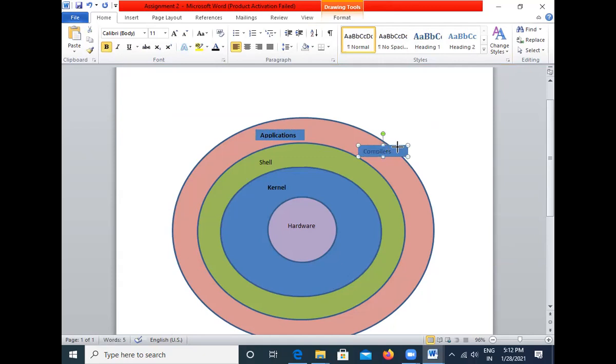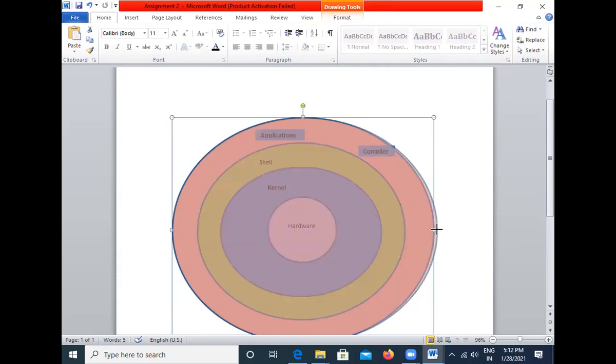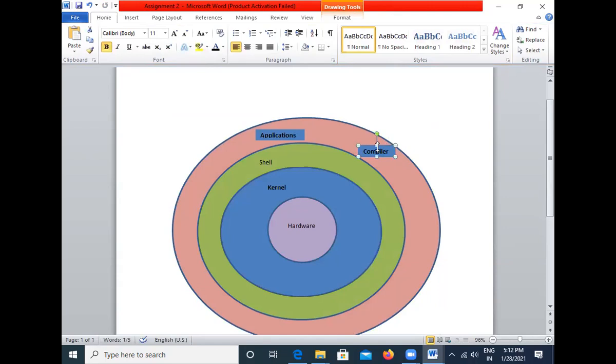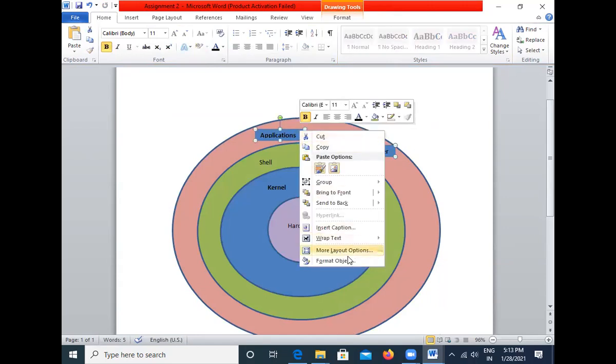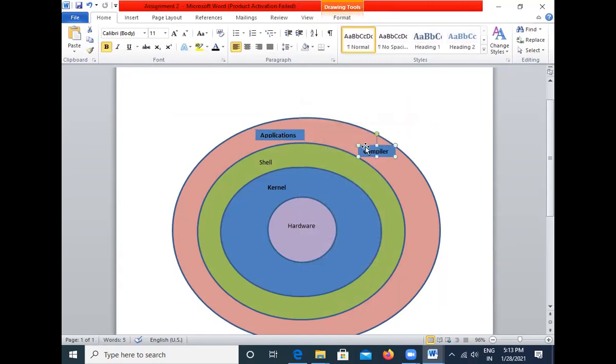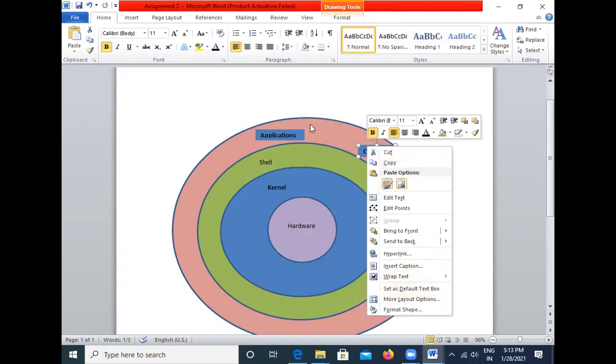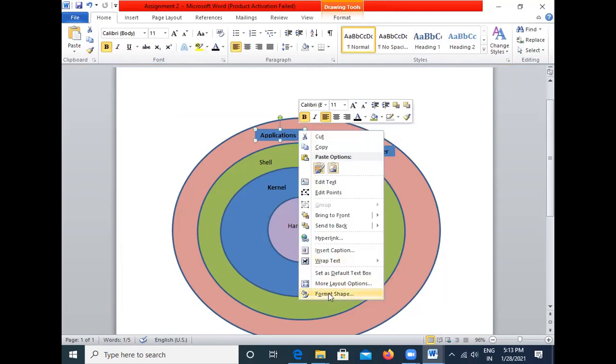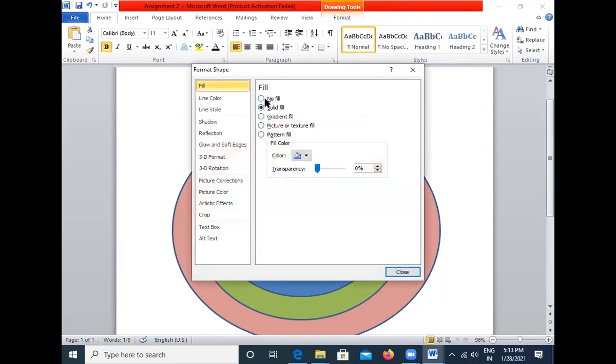Now I want to reduce this. So we can reduce the size of this a little bit. We can increase this size. And for all this, I can select and go to Format Shape and say No fill, Line color, No line.